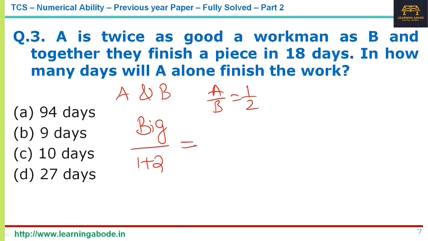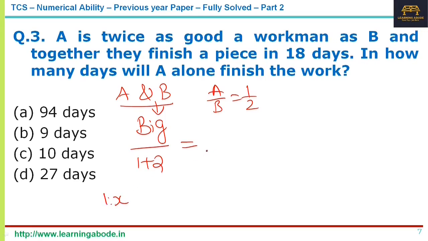That will give you the days in which A and B working together will finish. If they ask in how many days A and B working together will finish, then among A and B, whichever is the big value, divided by the sum of the ratios will give you the answer. This is applicable only when you have the ratio as 1:something. Even when you don't, we can apply this in a different way, with a slight modification, but let me not get into all those details now. Let us just stick to this kind of problem where you have a 1:3 ratio or 1:2 ratio, so it should be like 1:x.